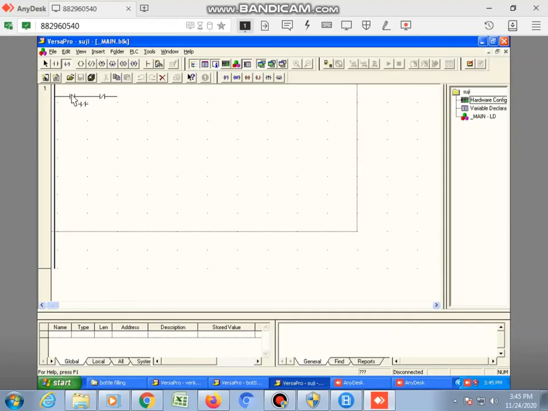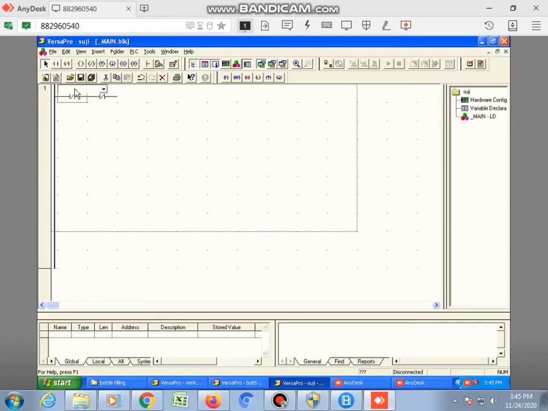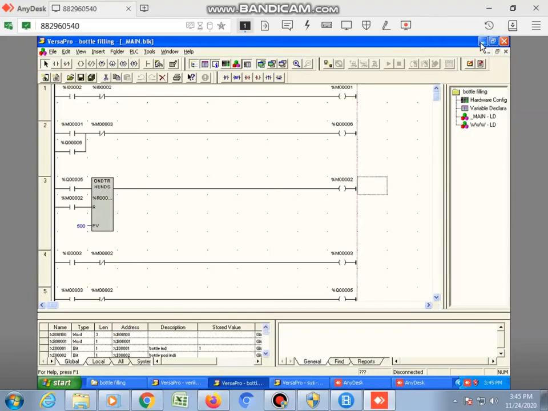Then we can take these contacts and give the numbers for them. We are giving one input, that can be given. So this is how you can make programs. Here this is the program for